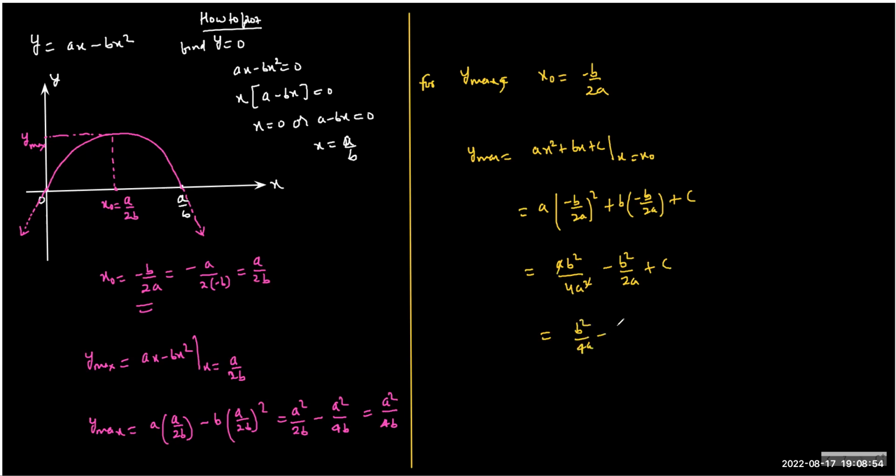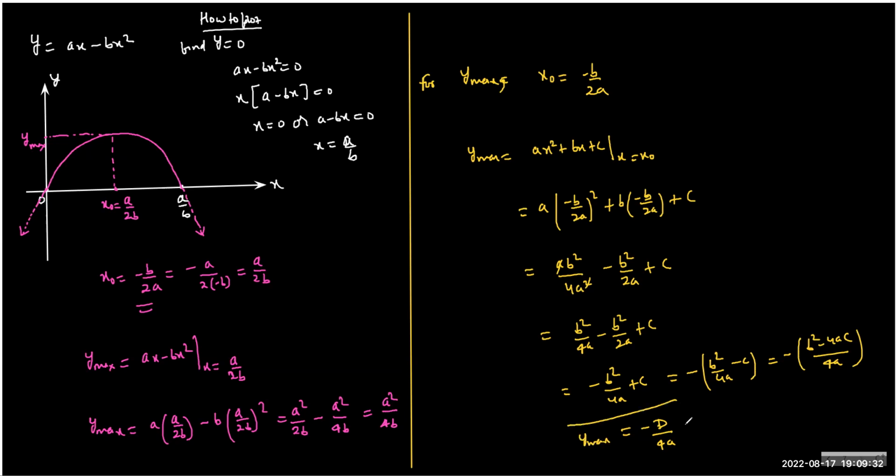How much is this? B square by 4a minus b square by 2a plus c. So minus b square by 4a plus c, which is minus, I'll take common, 1 by 4a, b square minus 4ac. And now if you look carefully, what is the numerator? The numerator is the discriminant, right? Correct? Yes. So the maximum value is always minus discriminant upon 4a